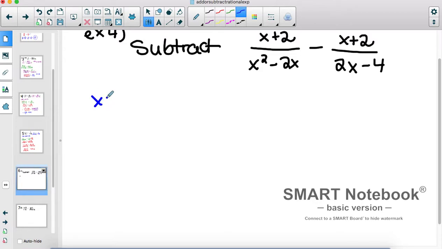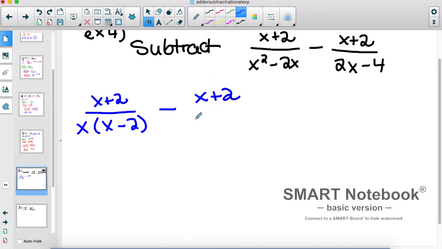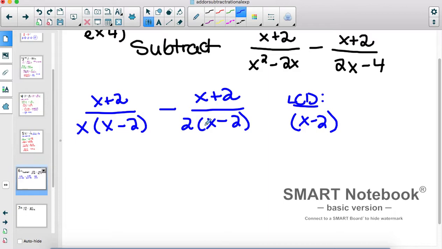So I'm gonna factor first. So x squared minus 2x, I can take out the greatest common factor, which is x. So x minus 2. All right, x plus 2 on top over. Here I can take out the GCF of 2, so x minus 2. Okay, let's write our LCD here on the side. Okay, so check what they have in common. They have an x minus 2 in common. Write that one time. Then what's left over is a 2 and an x. So I like to put those in the front. It just looks cleaner. Okay, so your LCD